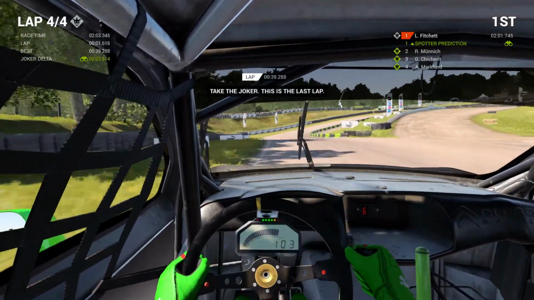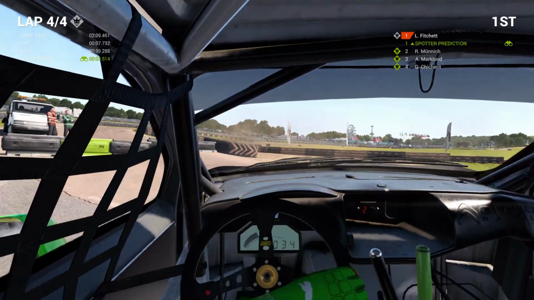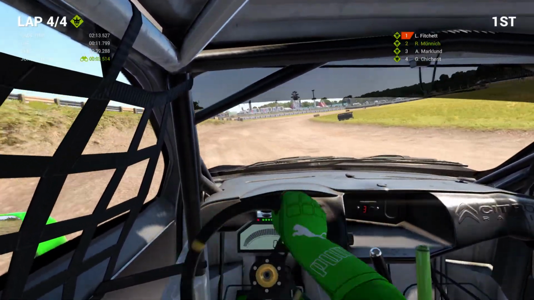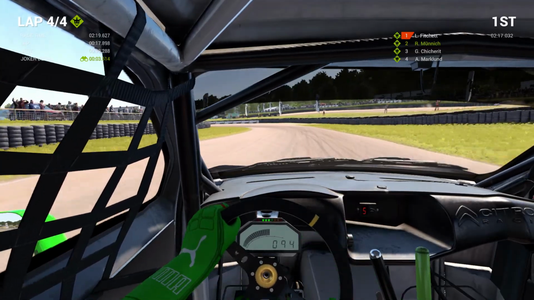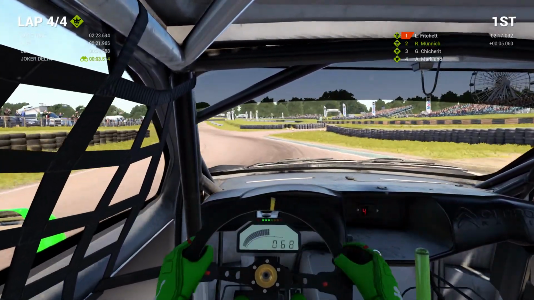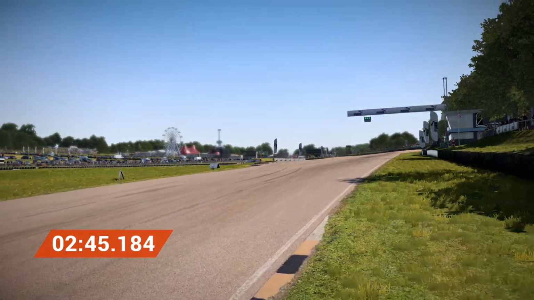Right, final lap, we're going to dive down into the Joker. This is quite a tricky Joker. We've gone in way too deep. And we've got to flick it back and over the jump, and we rejoin, and even with that bad Joker, we do manage to hold on to the lead. Hopefully, we haven't lost too much time with that shoddy Joker, and we can still be on for a good time here in Q1. Through the final corner we go, and across the line to win our race with a time of